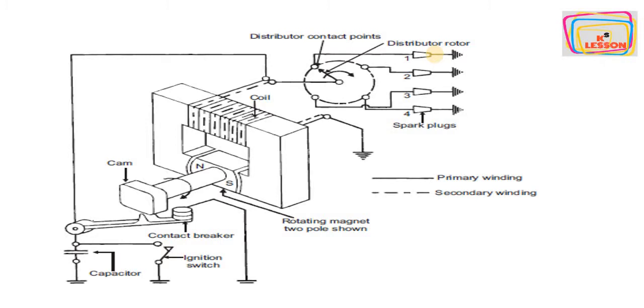This is a brief introduction of working of magneto-ignition system. Now we will discuss the components one by one of the magneto-ignition system. First of all, the ignition switch. It's a key member because it will switch on or off the ignition circuit,